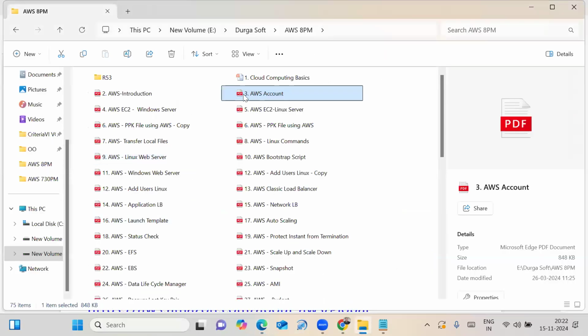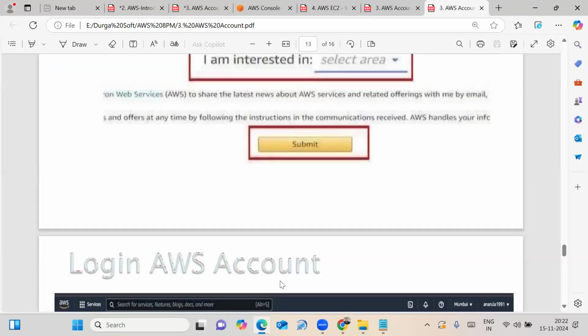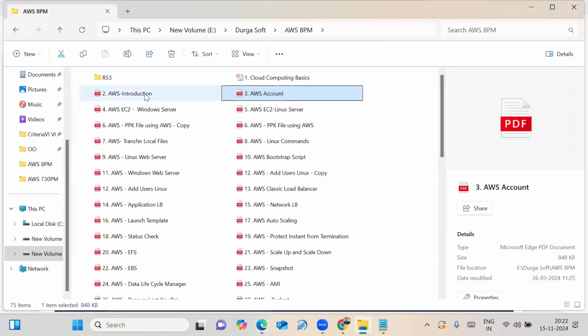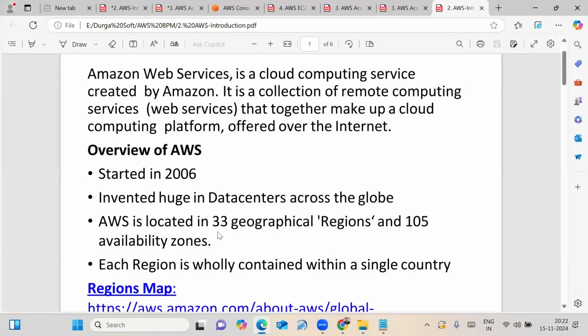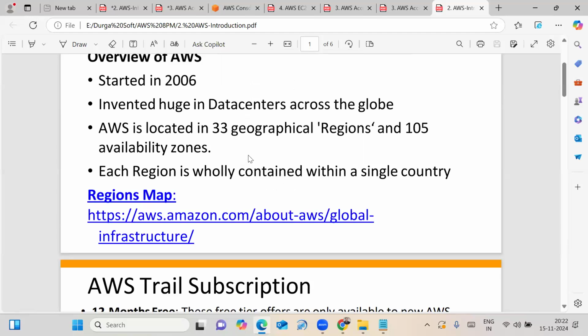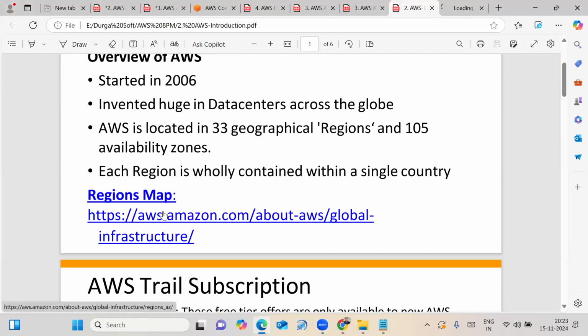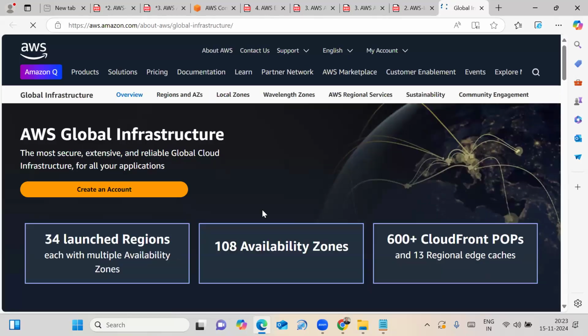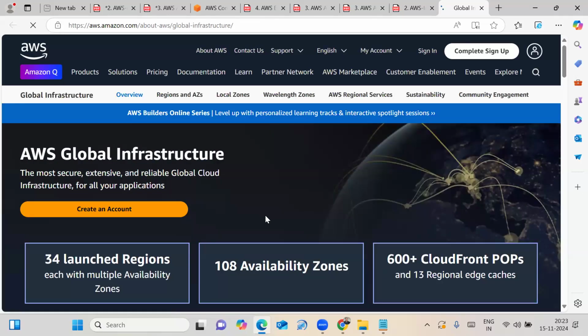Sir, if you have a doubt, you can click on this link. This is the link we have to click on in the AWS introduction. I'll send it in the chat box. If you click on this link in my class material, you get the AWS global infrastructure.